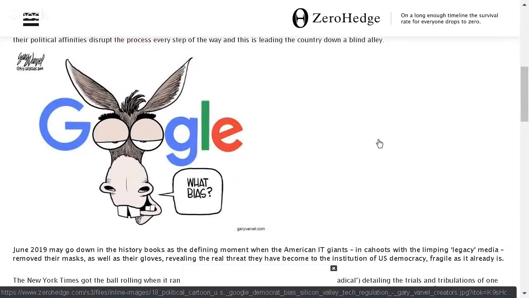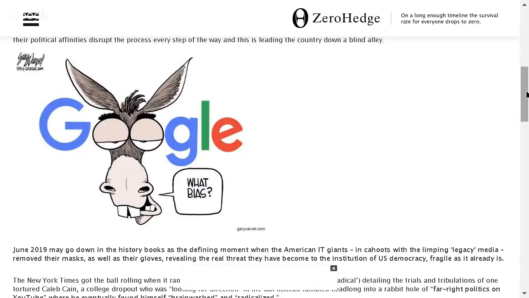Links in the description to this Zero Hedge article about Google's bias, which we've been complaining about publicly since 2016, when we noticed that they were interfering with the election back then. So if you're still using Google as a verb, you should shut your face. And if you're still using Google as a search engine, you should grow a brain, because it's not objective at all. And it hasn't been objective since 2011, when Eric Schmidt publicly admitted that they were shadow banning search results. So if you're still Googling things,